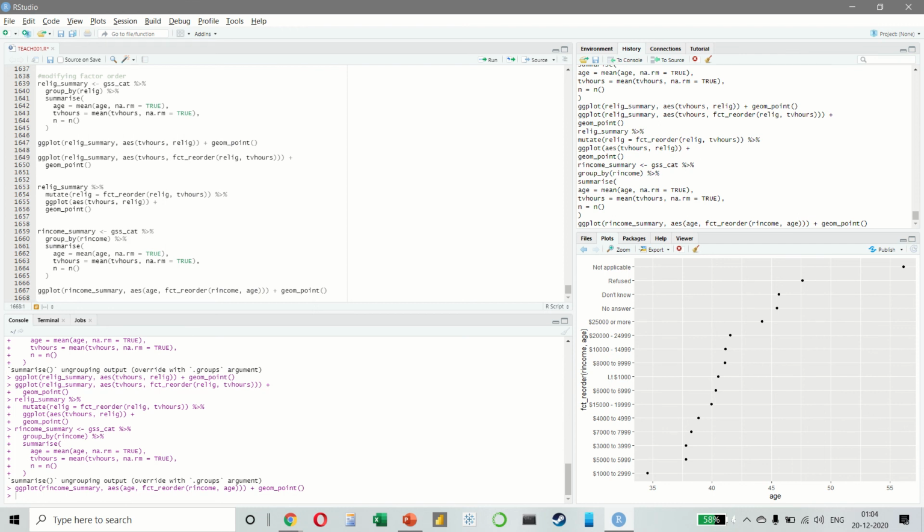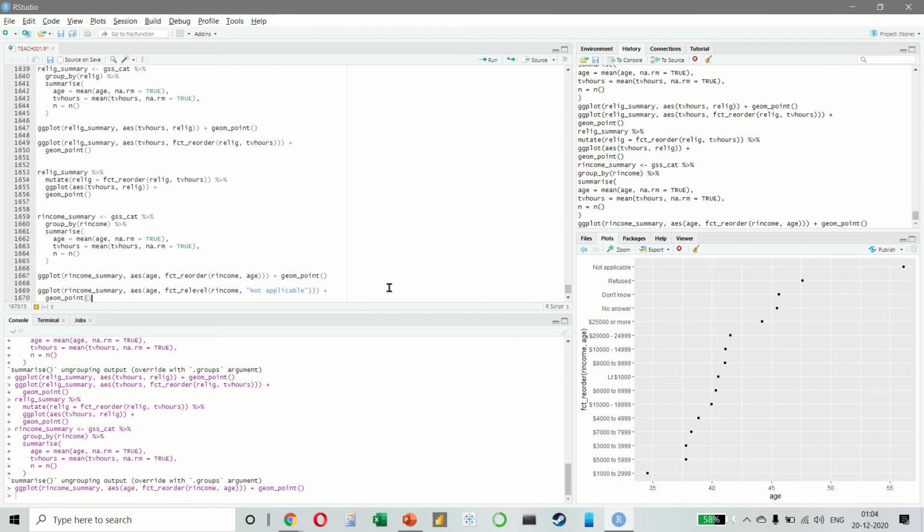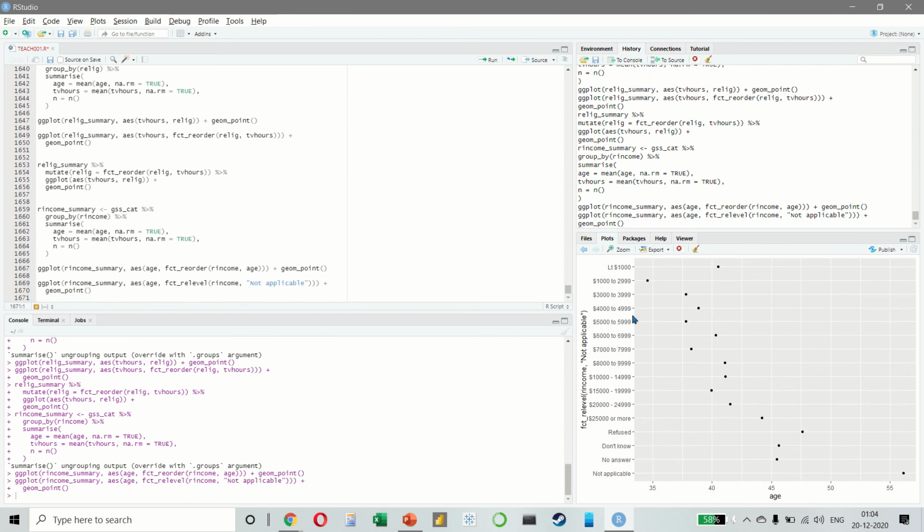Now, as you can see, arbitrarily reordering the levels is not a good idea because it's very difficult to read these numbers. Since there is already a principled order, we should not mess with it. Hence, let me write it once again. This is better, where all the numbers come in an order.